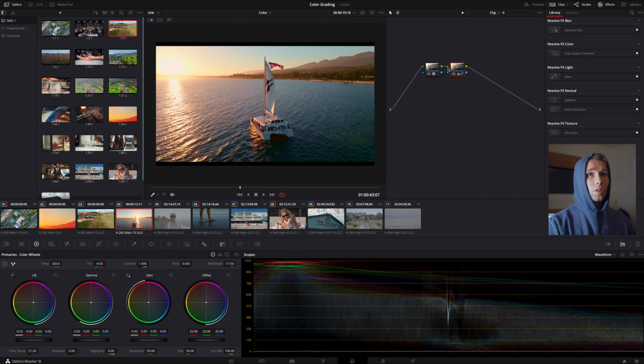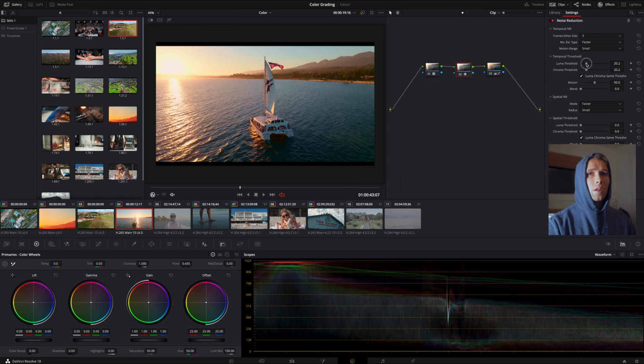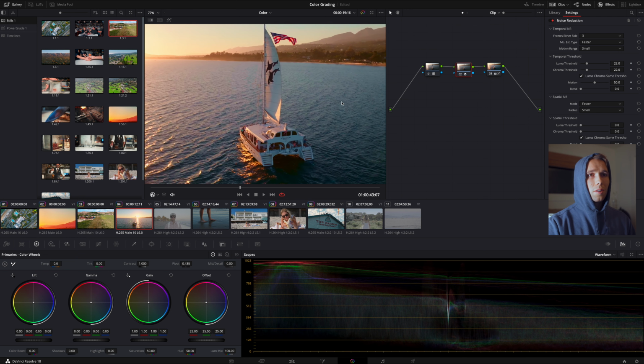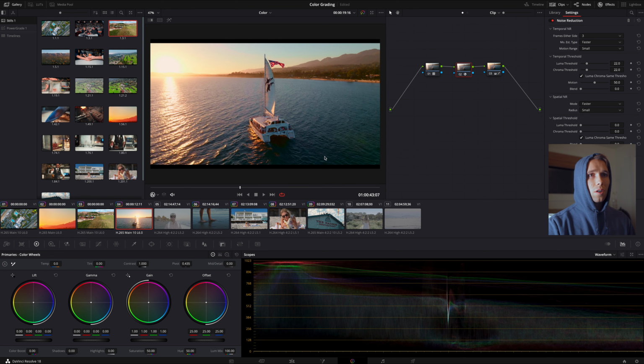And remember, if you're still experiencing noise, what do? Let's come over here, grab this one. Let's go Option S to create a new node. And then I'm gonna grab some noise reduction. And I like to bring it right to about 23. 22 to 35 is a good range. Sometimes you'll go more, sometimes you'll go less. It's all preference. All right, now,